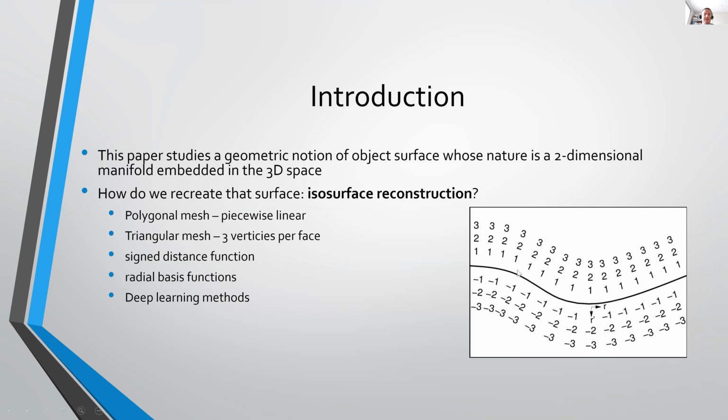And the reason it's called isosurface is because everywhere along the surface is valued at 0. An isosurface is a surface where every value on the surface has the same value. So